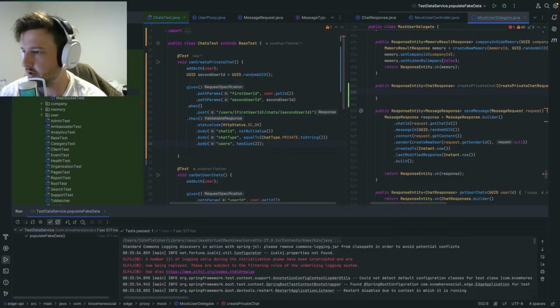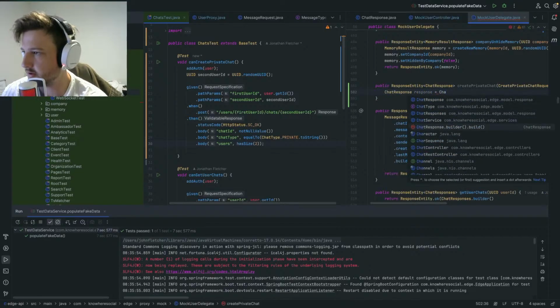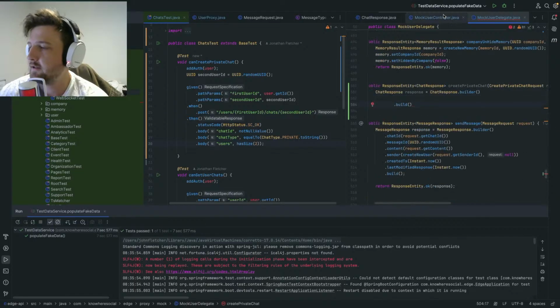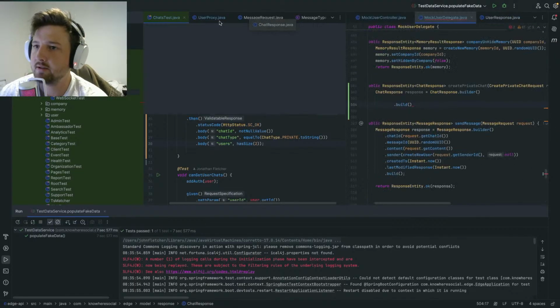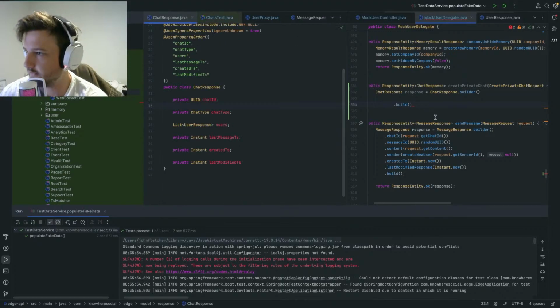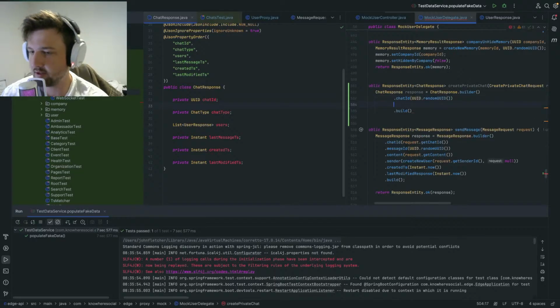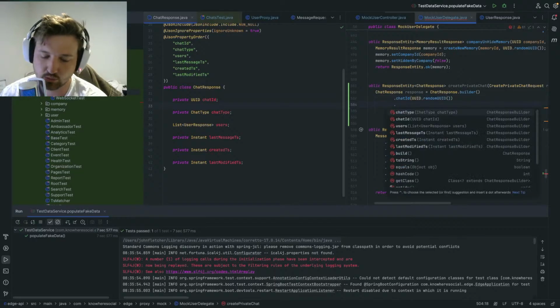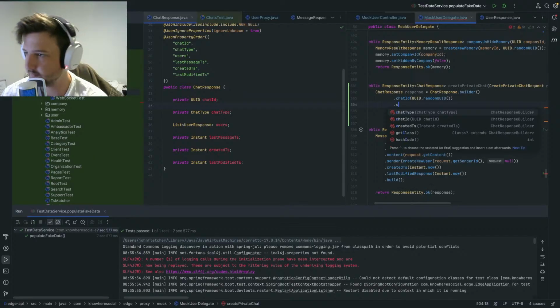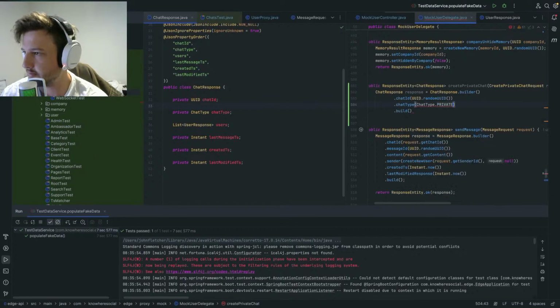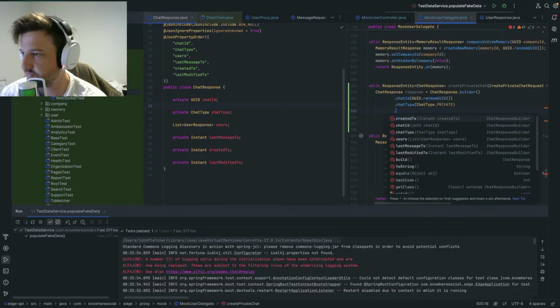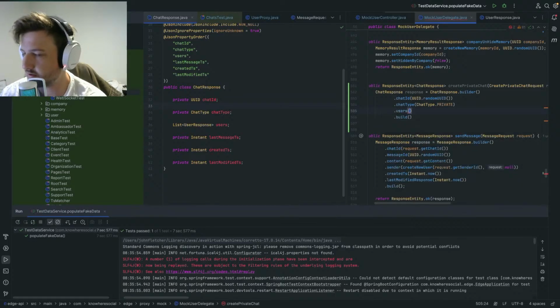And then we are going to return a chat response using a builder. I'm just going to move this over here so I can see it. The chat ID is just going to be a random ID, like it's created by user API. The chat type is going to be chat type private. The users